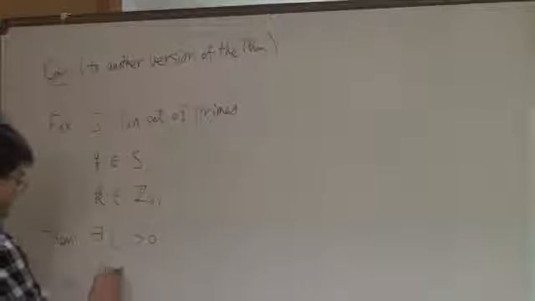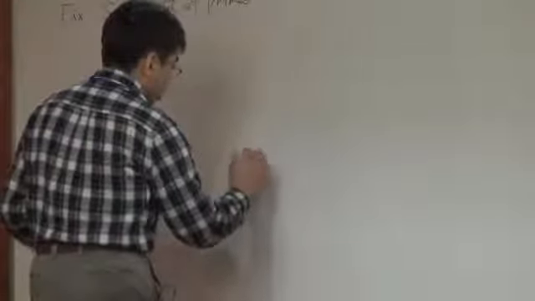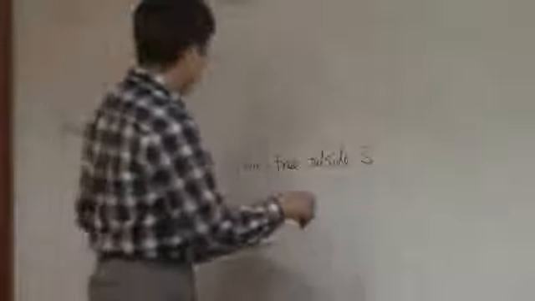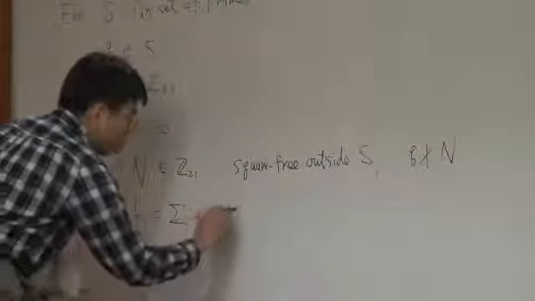For any level n, which is assumed to be square free outside S, so it can contain many primes in S, but it should not be divisible by q, and for any modular form, a normalized eigenform,